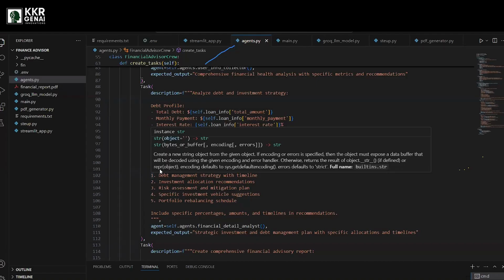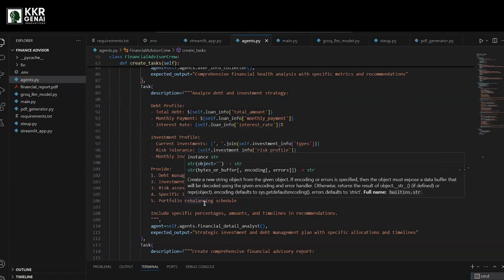And the risk assessment on the current investments, giving them a portfolio rebalance schedule, so that if they are doing some risk-based investments, it will suggest some low to moderate investments, so that they can rebalance their portfolio based on the suggestions given by our agents. So it will be very helpful for them.